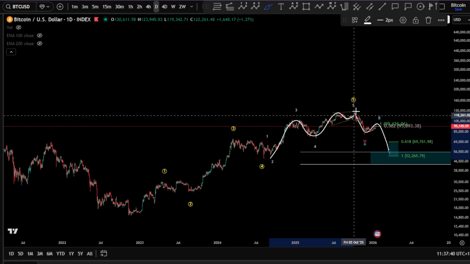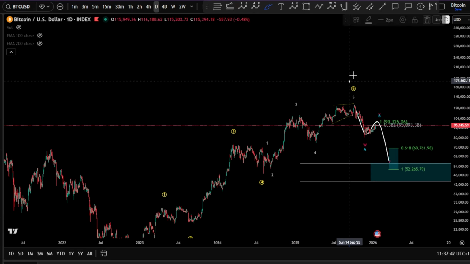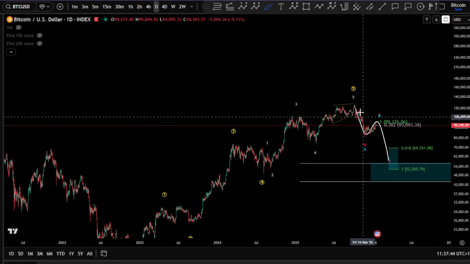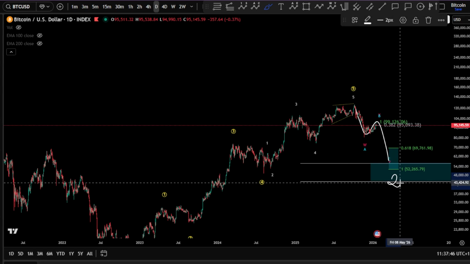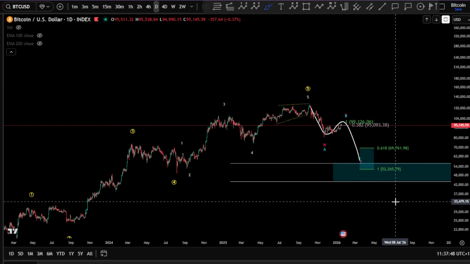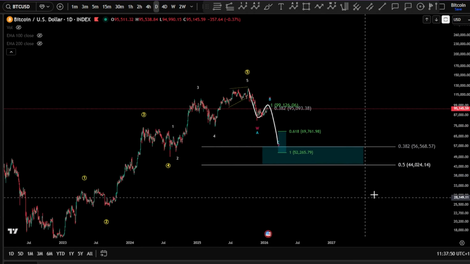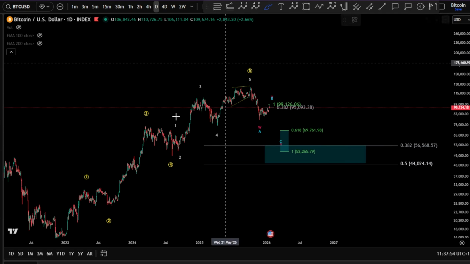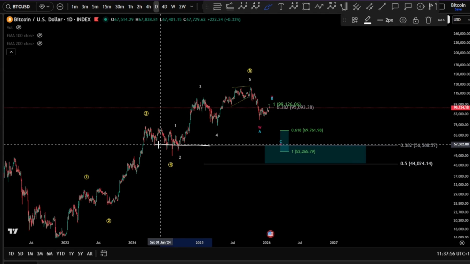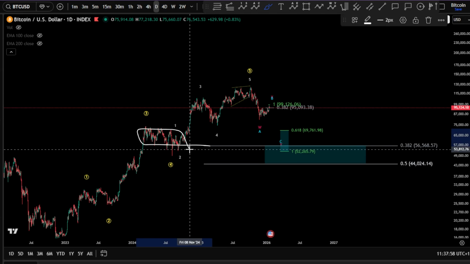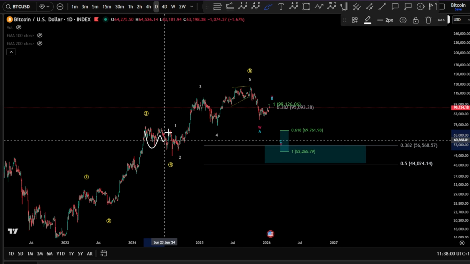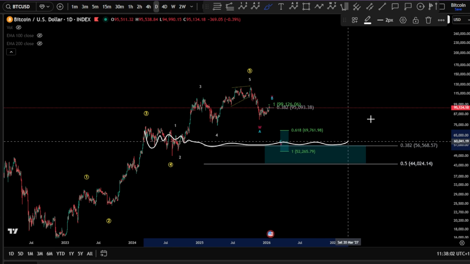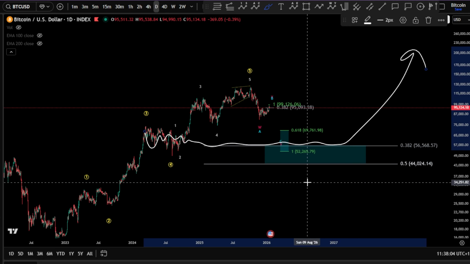Over there, your wave 5 is an ending diagonal for a major wave 1, and then we're looking for a major wave 2 over there. And this, of course, will bring us to the 0.38. Minimum fib level this time is 56k, which is very low, which is almost on the lower or on the bottom of this support area here that it might play, of course, as a push toward the upside